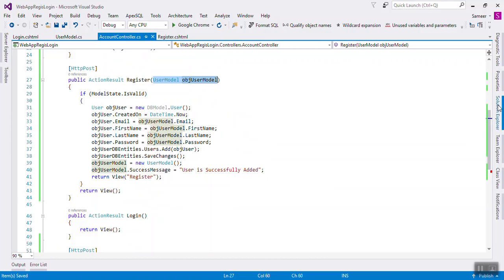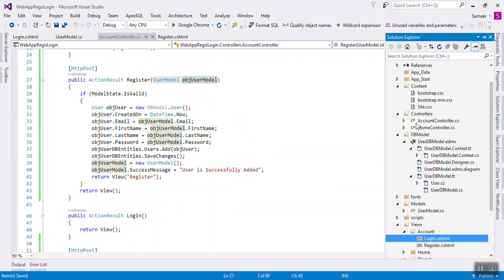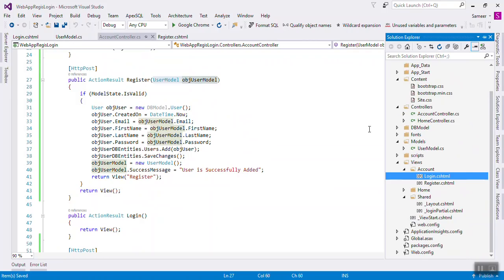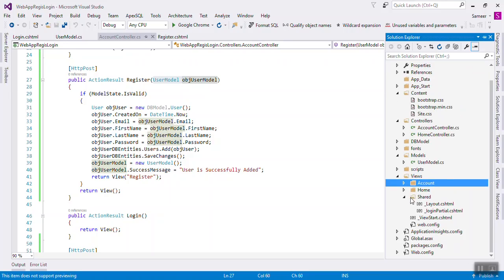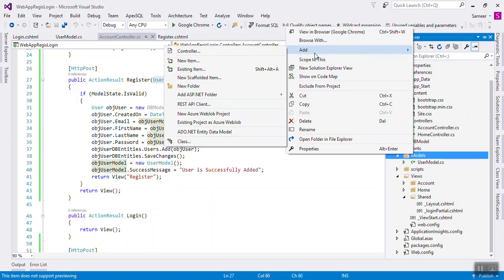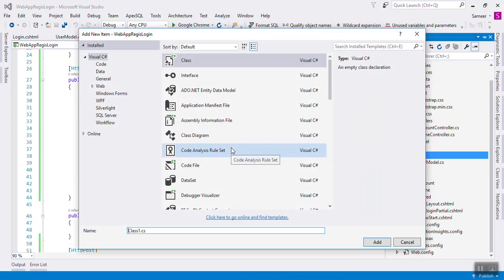Otherwise we can create one class for login, because this much data, all those fields, is not required. So better we'll create one more class in models, that will be the login model,